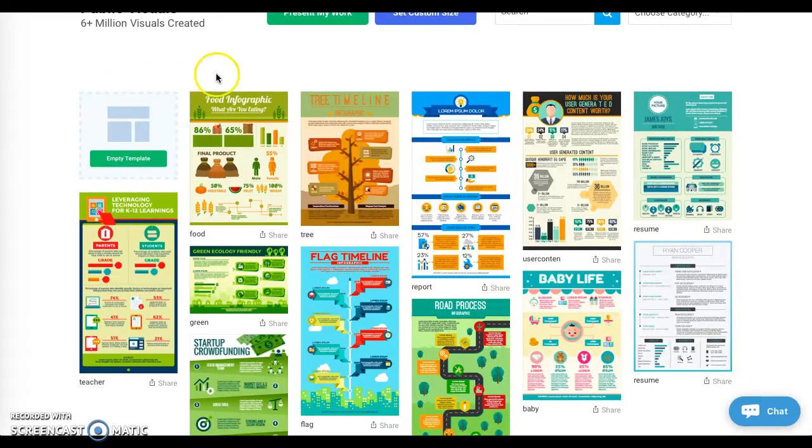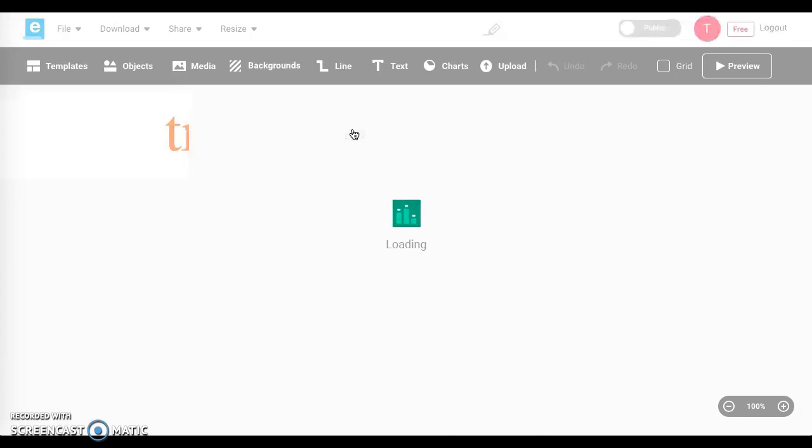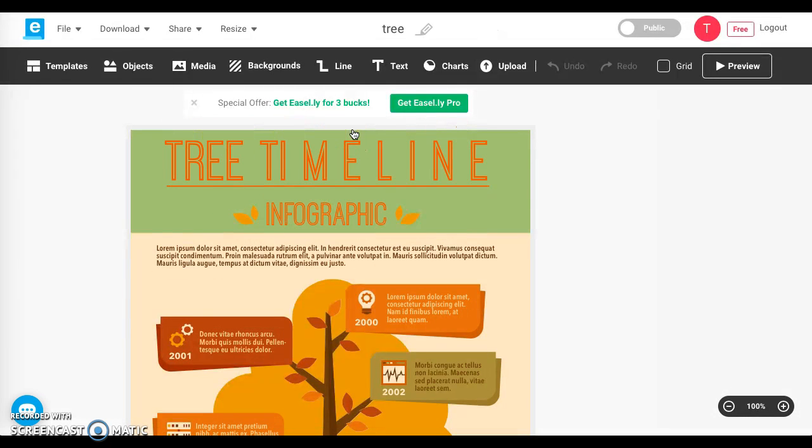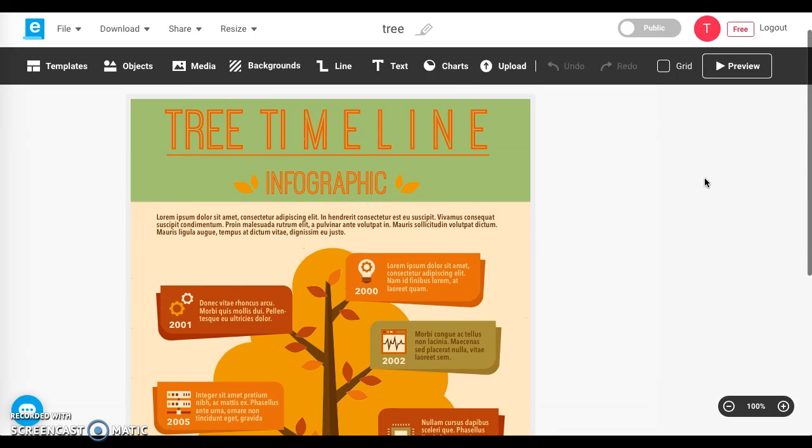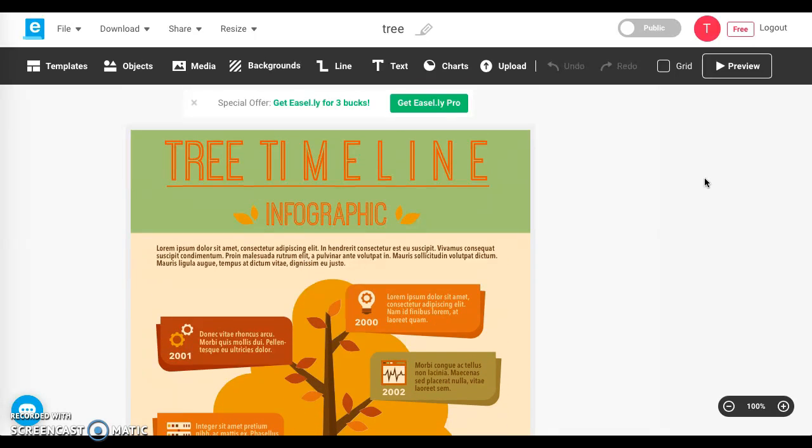So we're just going to choose one to work from, and let's choose the tree timeline. And there it is. And so they've already done the hard work, and they've made this look very nice for us. The tree timeline. Now, for your particular project, you are probably going to want to create something else, maybe like